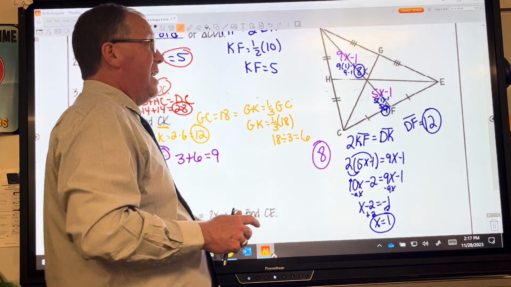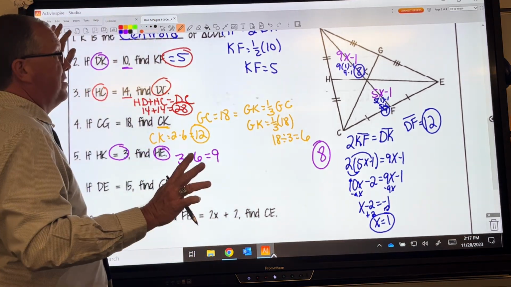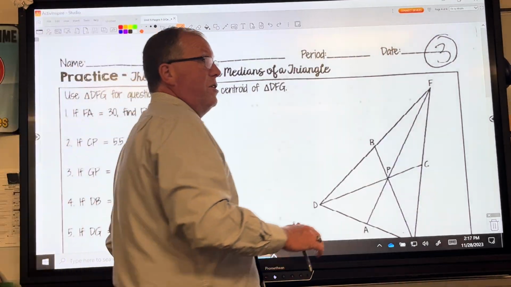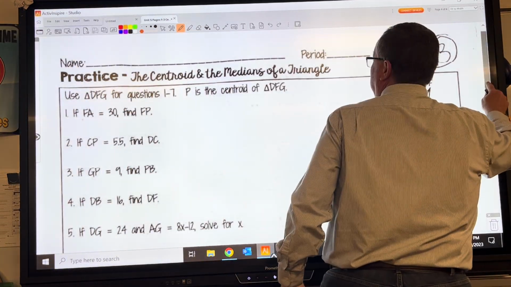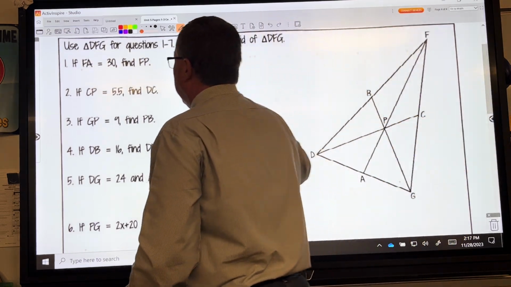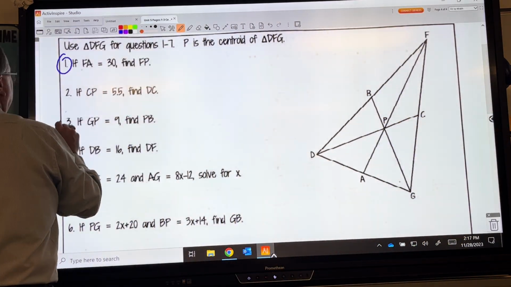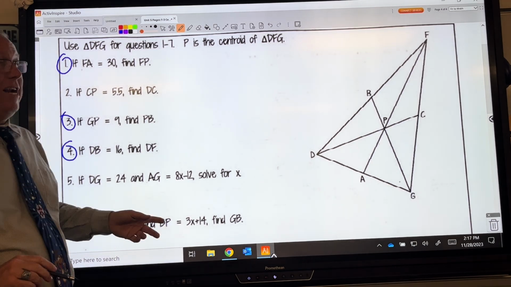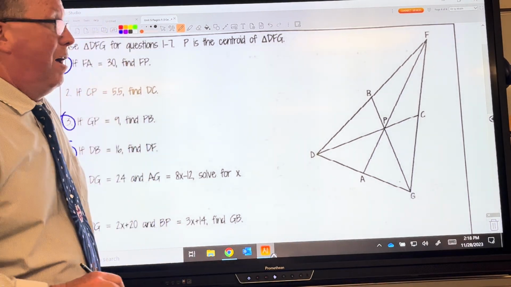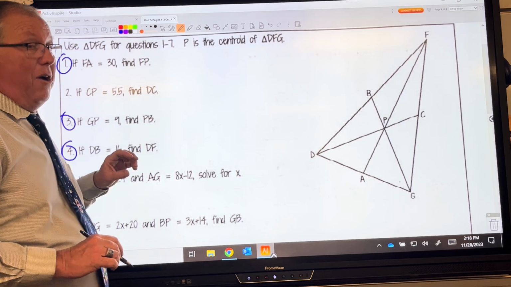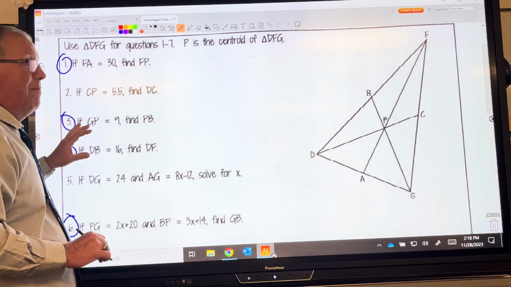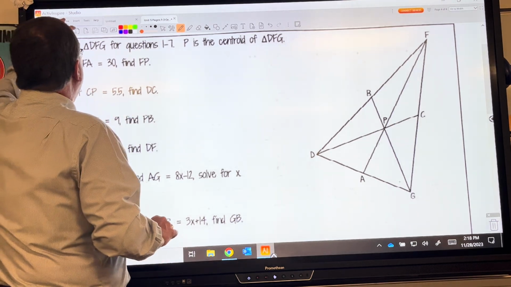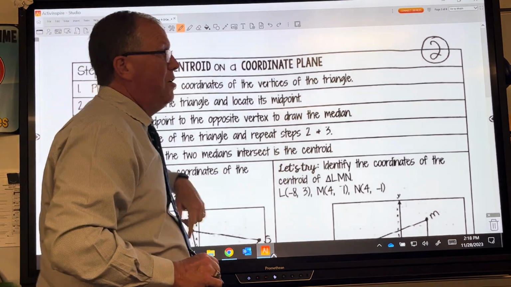So part of your homework tonight, I'm gonna do this a little differently maybe. I'm gonna go on over to page number 3, because on your homework tonight, you're doing numbers 1, 3, 4, 6, and 8, okay? So you're doing this one, this one, this one, this one, and I'll get to number 8 in a minute, okay? If you stick around at the end of the video, watch the whole video, I will come back and do one of these for you. Hint, hint, wink, okay? So let's go back here to number 2,